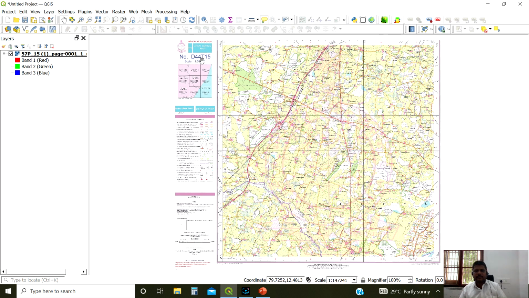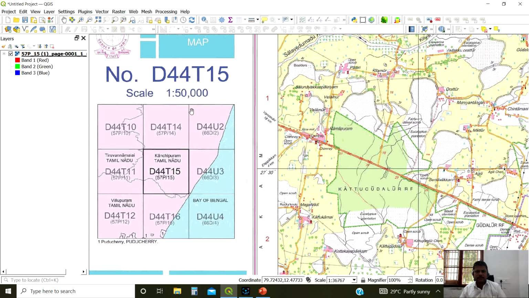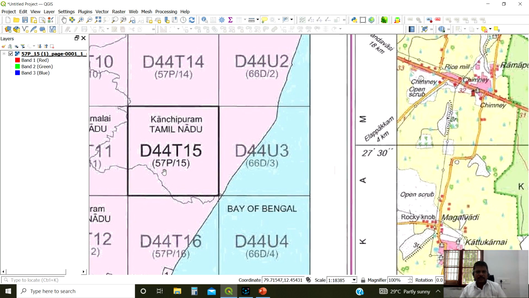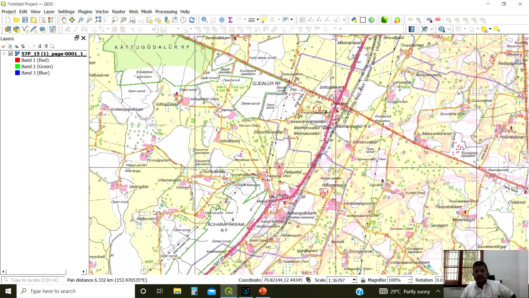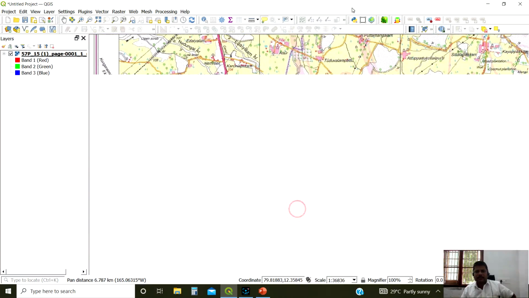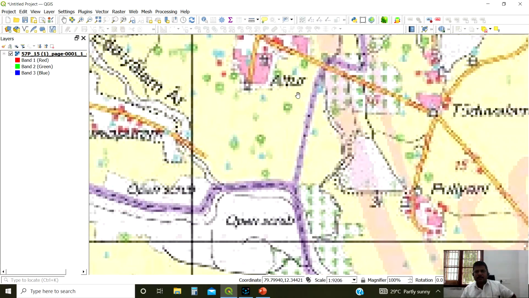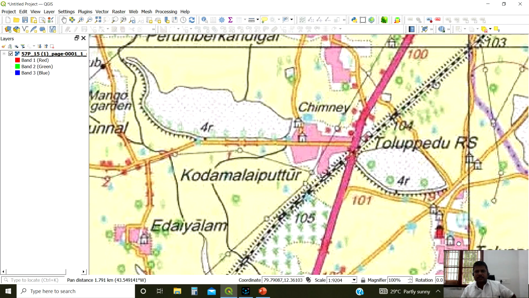You can see the image name. It is 57 P15. That is Kanjipuram, they mention here. So many road networks.